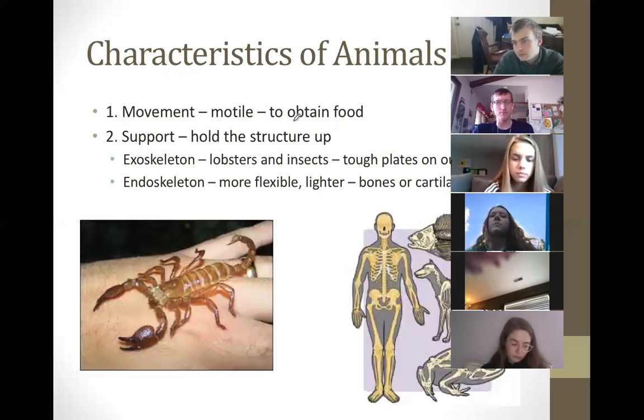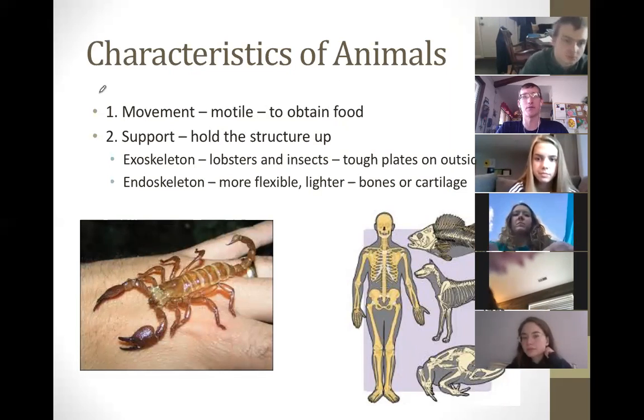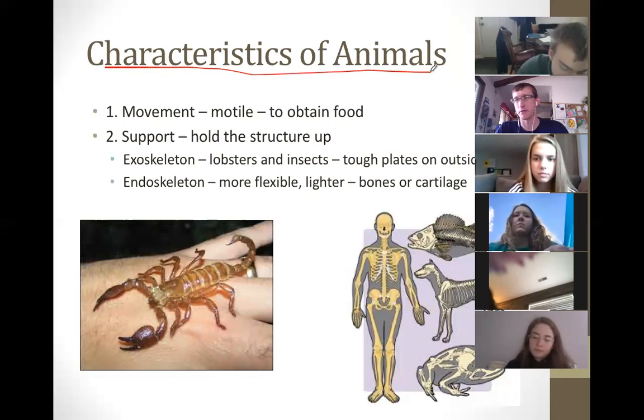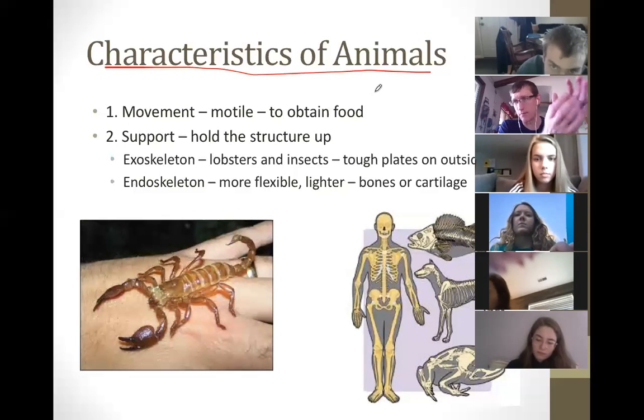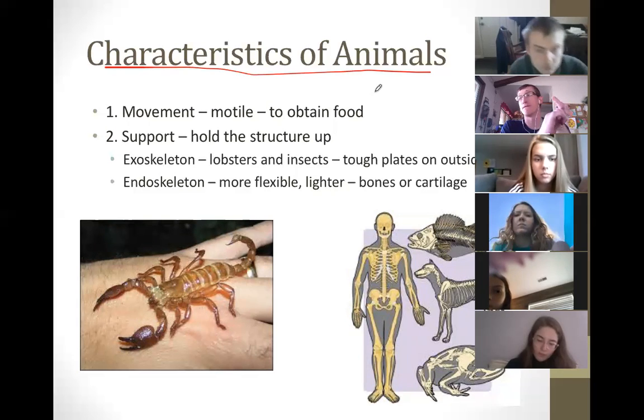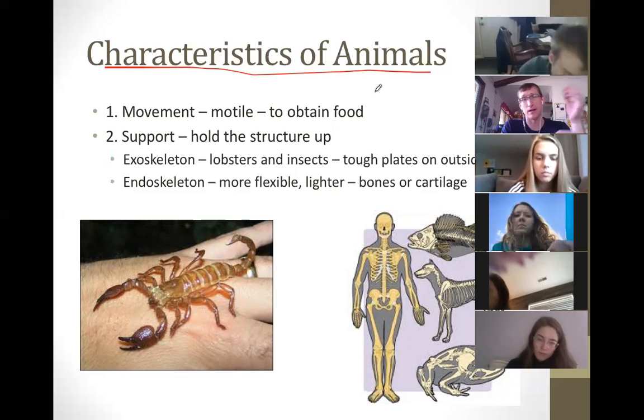And so let's talk about this. What does it take to be an animal? Vertebrate, invertebrate, I don't care. All animals have certain characteristics, okay? Bacteria were living, but they weren't in the kingdom Animalia. They were in the kingdom Eubacteria, right? Viruses were non-living. So now we're talking about things that belong in kingdom Animalia. So not protists, not amoebas, and not fungus. Other than that, everything's fair game, okay? It's a lot of animals.